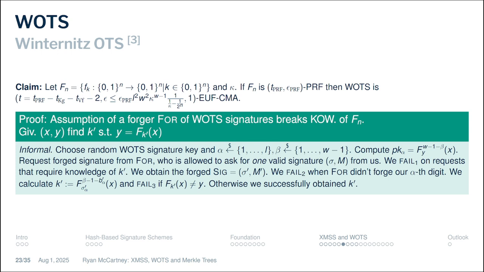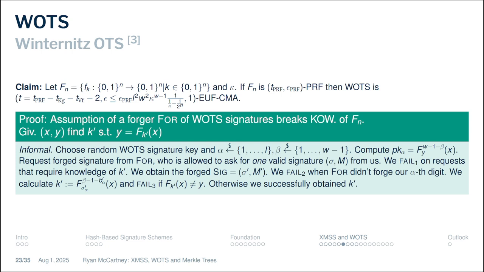This proof is based on constructing, or having as an assumption, a forger for WOTS. So this is just a reduction proof: if we say you can forge any signature out of this WOTS instance, we can first break this key one-wayness property, which I will explain in a minute, and then from this property we can break the pseudo-random function property. We have effectively reduced the security of Winternitz one-time signature scheme